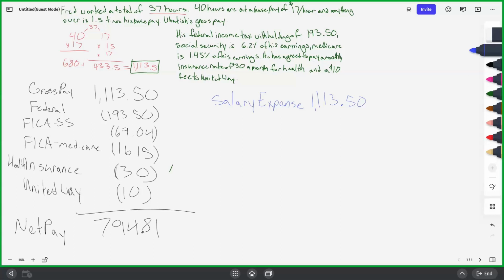Would it be wage expense because he's hourly? Wage expense, salary expense, they both go hand in hand. When you go into the test or anything, either one really works. So if your heart says wage, go with it. In the real world, it's a lot more strict, but in this one, we know what we're dealing with. We're going to pay someone.